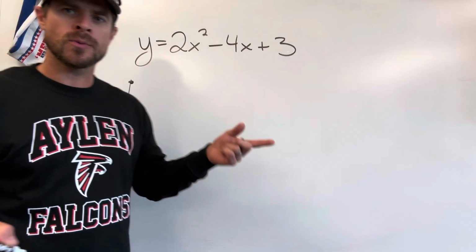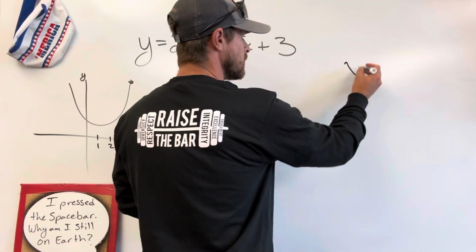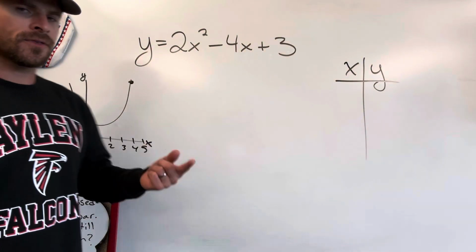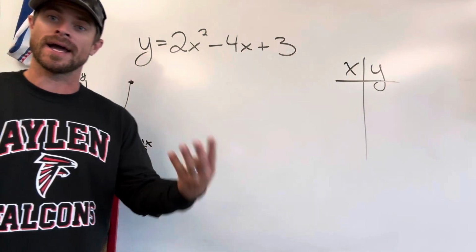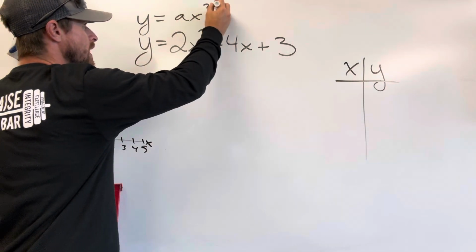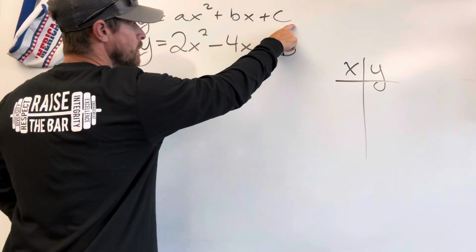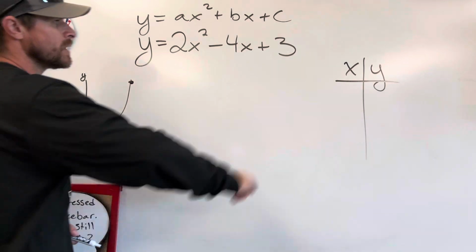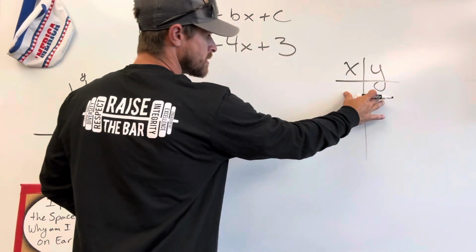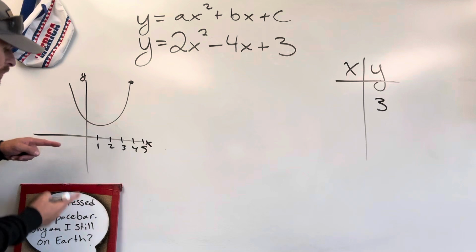Okay, so how do we determine exactly where those points go on a graph? Or how do I complete a table of values, x and y, if I'm being asked to do so? Well, one of the things that students are always determining is the y-intercept. Y-intercept is super easy to determine because if you know ax squared plus bx plus c, which is just the standard form of writing out a quadratic equation, we can just steal the c value and use that as our y-intercept. So I'm going to put a 3 down,